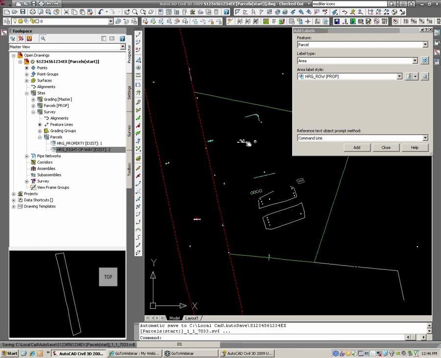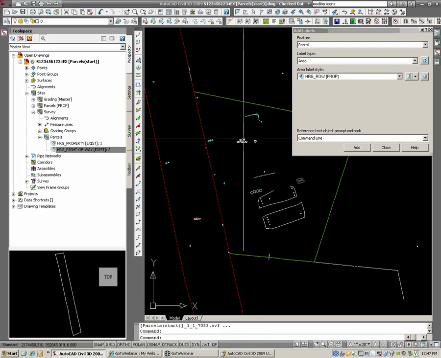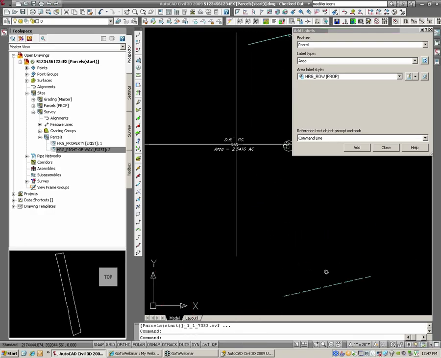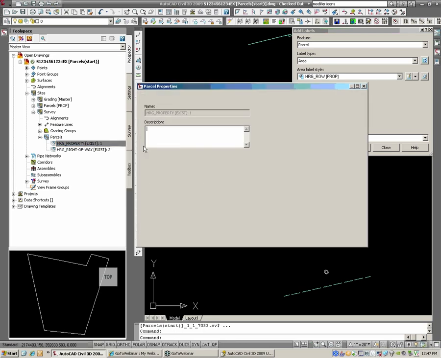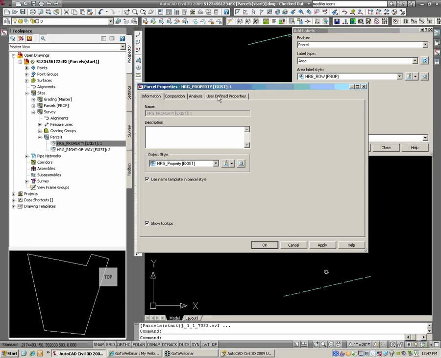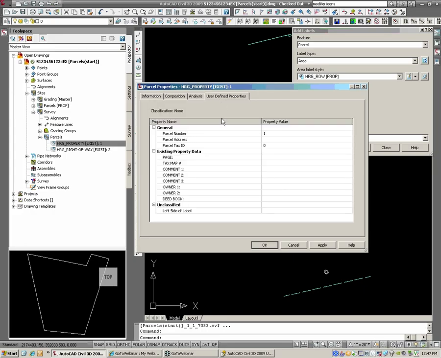Okay, so where do I fill in this? There's more information here to fill in. Well, it's actually a part of the parcel. So if I right-click on the parcel here in Prospector, hit Properties, and come over here to my user-defined properties, this is where I can put in the deed book and page